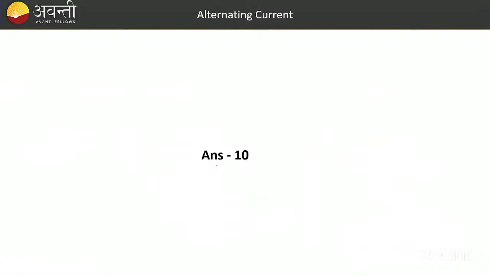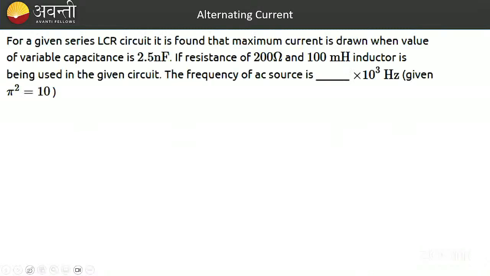Now this answer is 10. Now this one: for a given series LCR circuit, it is found that maximum current is drawn when the value of variable capacitance is 2.5 nanofarad. If a resistance of 200 ohm and a 100 millihenry inductor are being used in the given circuit, the frequency of the AC source is,